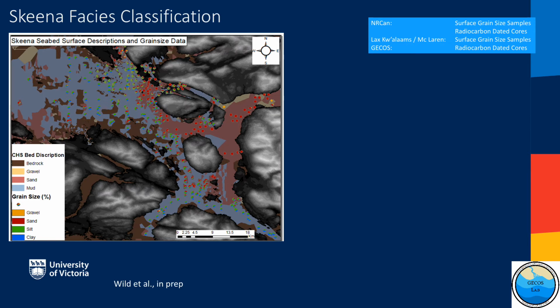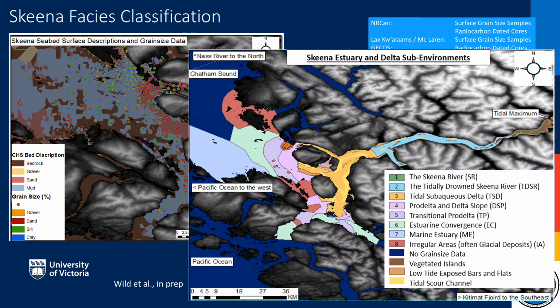In addition to the morphology, we compiled all data available on the seabed surface grain size as well as radiocarbon dated cores. We also collected a few of our own cores where we thought information was missing. And then my HQP Amanda Wild went ahead and classified the seabed of the Skeena Estuary into facies, analogous to what is usually done in a more sandy estuarine environment. And this paper that is forthcoming by her then compares a structurally controlled estuary to these more traditional type of